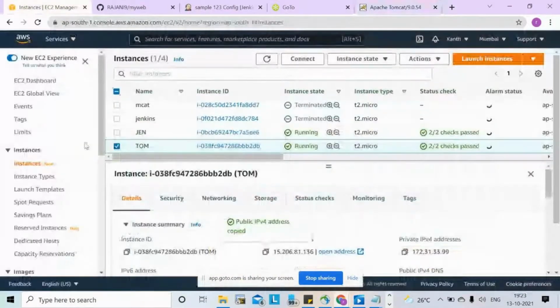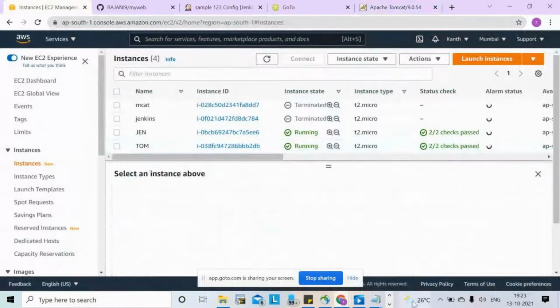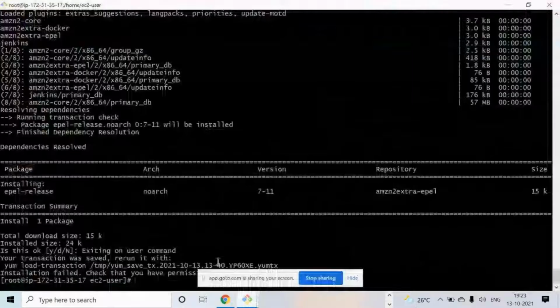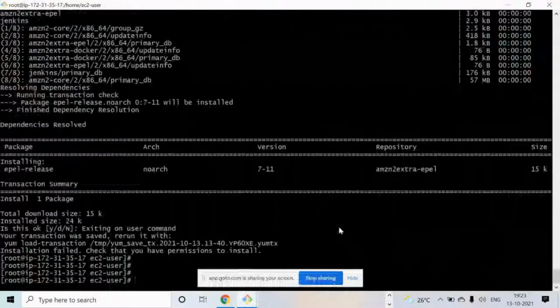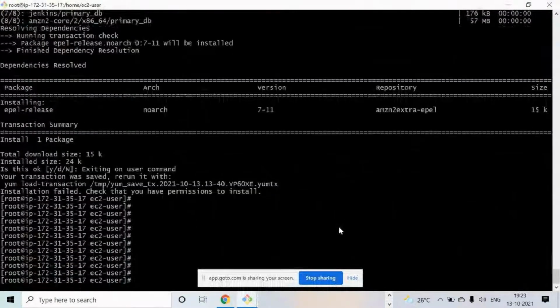Okay, so what I'll do, we have Jenkins pending, right? So I just installed this. What does exiting on user command mean?